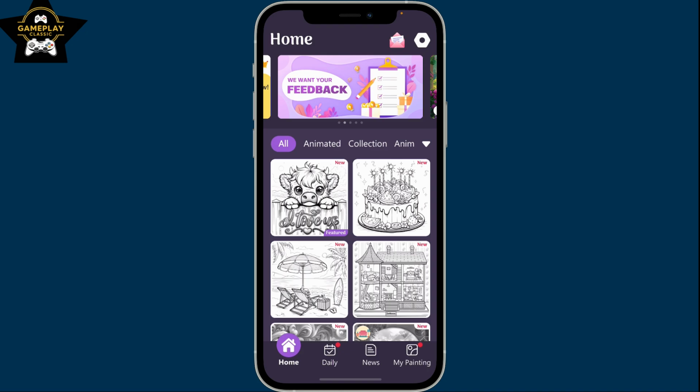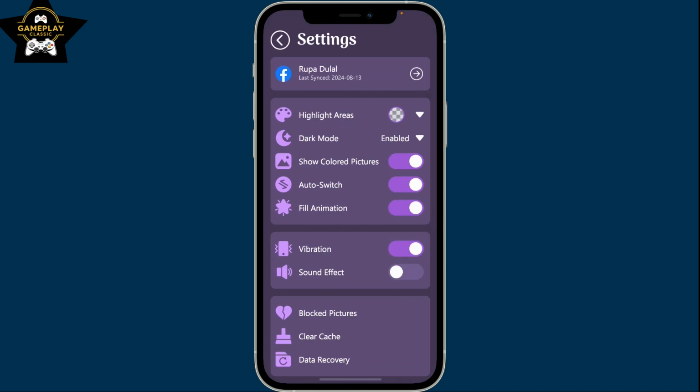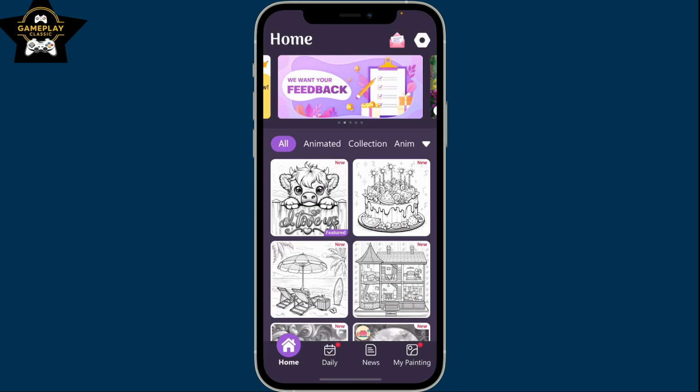After you open up the application on your device, go ahead and look for the gear icon at the top right hand corner from the main homepage. This will then open up the settings interface. From the settings menu, click on highlight colors or highlight area drop down and select the color from the palettes at the bottom. Choose your preferred highlight color by tapping on it, and then you can go back to